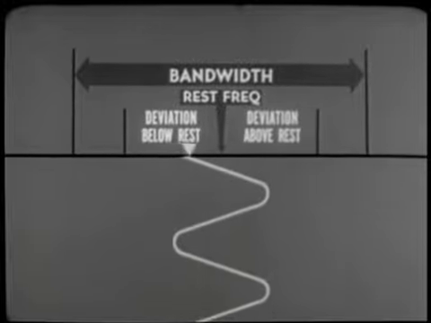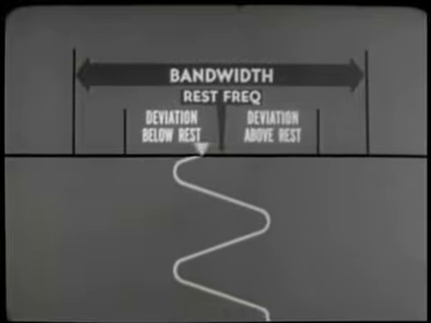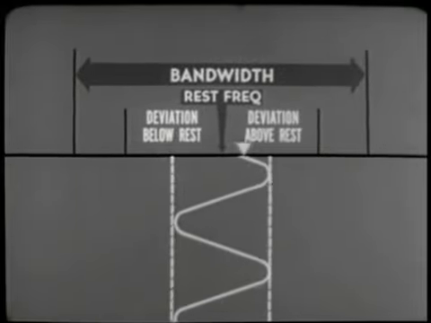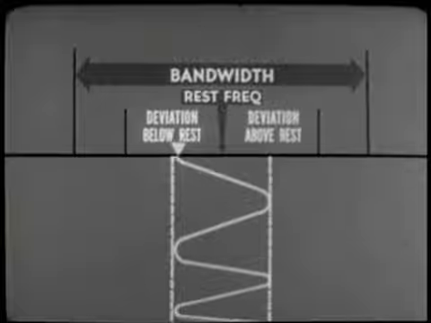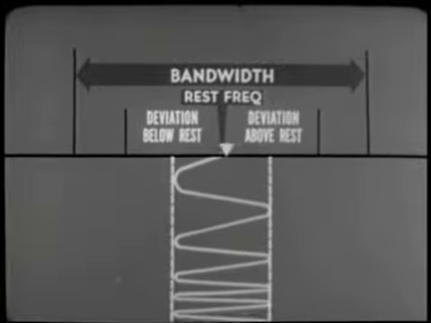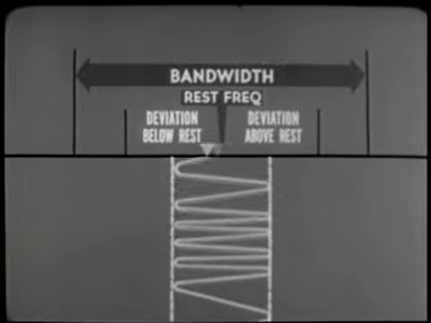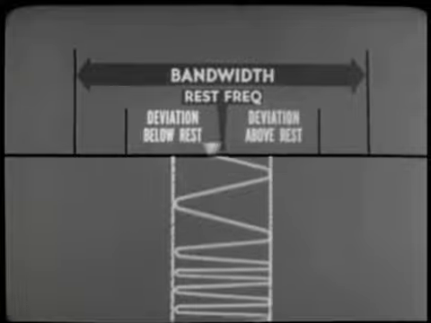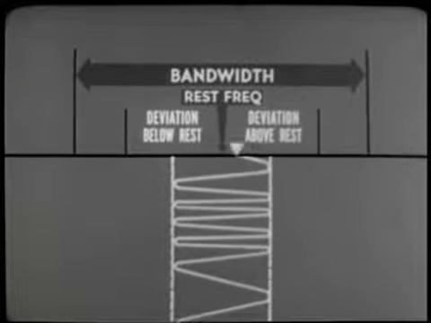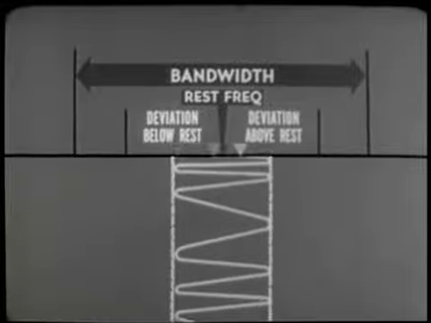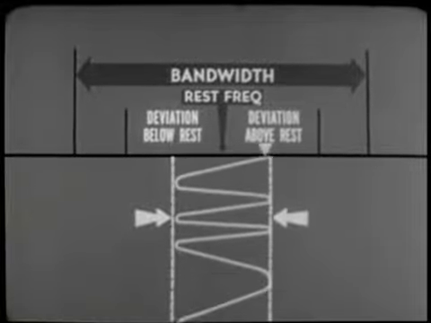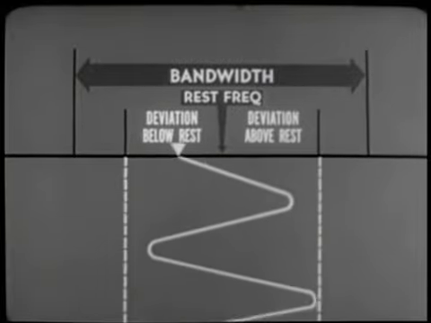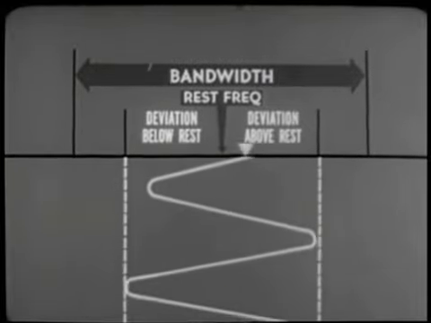at the channel. Notice that the amount of deviation above and below rest frequency is determined by the amplitude of the modulating signal. If we raise or lower the frequency of the modulating signal, we increase or decrease only the speed at which the carrier moves above and below its rest frequency. We do not change the extent of its deviations. Only by changing the amplitude of the modulating signal do we change, decrease, or increase the extent of deviation above